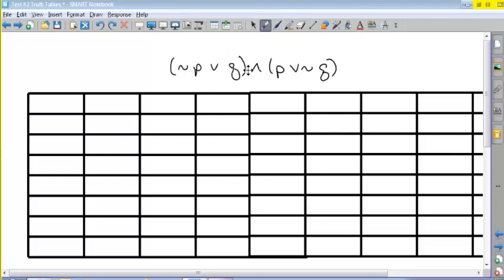It still has two letters, P and Q. So when I fill this thing out, the first two columns are just the same as the previous one. We only have two letters, and remember it's 2 to the n, where n is 2 letters. So I only need 4 rows to fill out